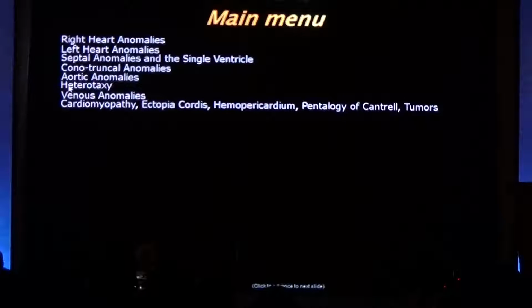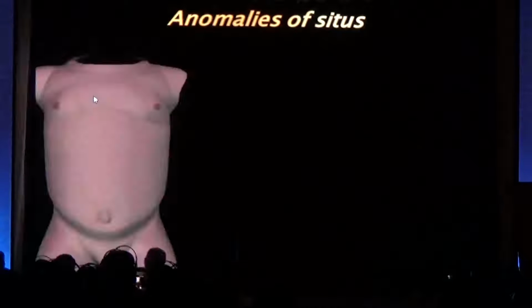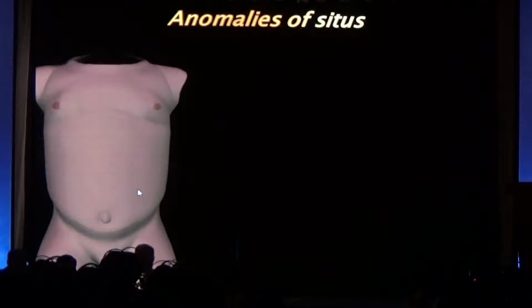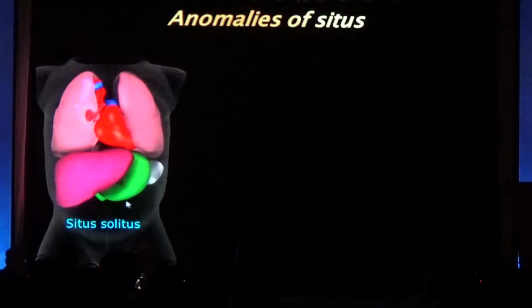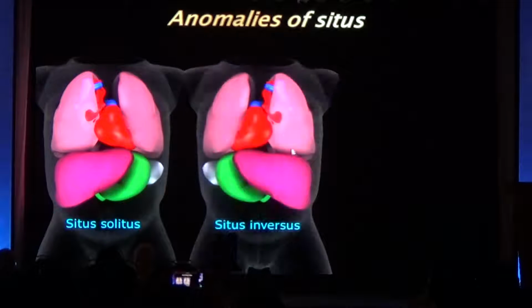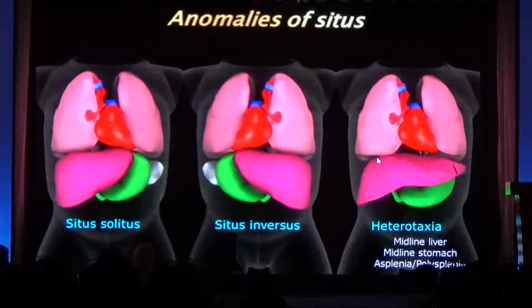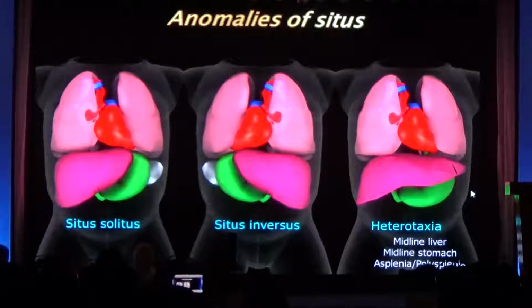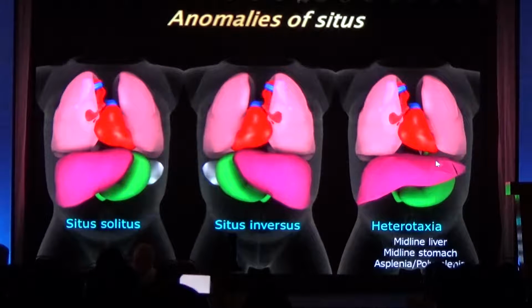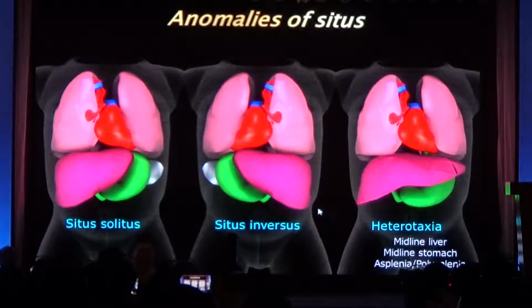And then I wanted to show you some of the heterotaxy, because we mentioned that several times yesterday, and I don't have much time, so we have to go fast here. So compared to the normal situs solitus baby with the apex of the heart and the stomach on the left side, you also have a mirror image baby, which is situs inversus. Heart and stomach and spleen are on the right side. And then you have anomalies of situs in which the heart and the stomach may not be on the same side. You may have the liver in the middle, and this is the one in which you think about the